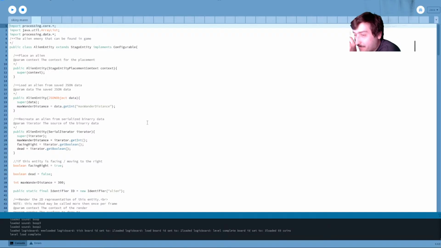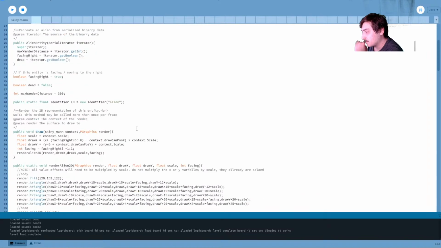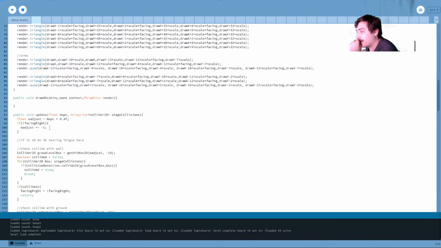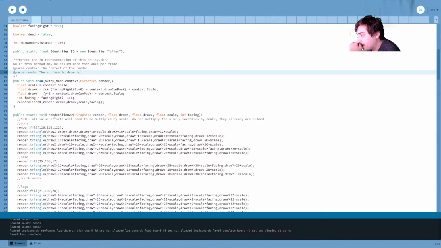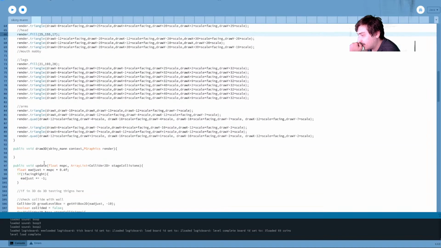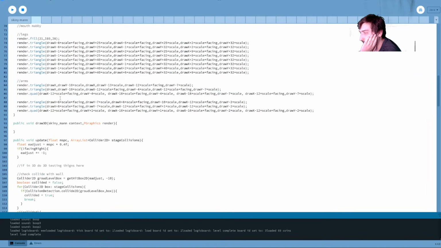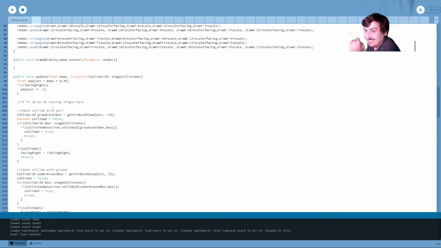It is probably a good idea to stick more with the tried and true how AIs work type thing, which is make the AI agent interact with the environment. Now, it is kind of already set up like that in a way, and I think I was just bad at explaining this to him. Rendering has nothing to do with the actual AI itself. I also probably could do some walking animations. We can maybe try to do that later.